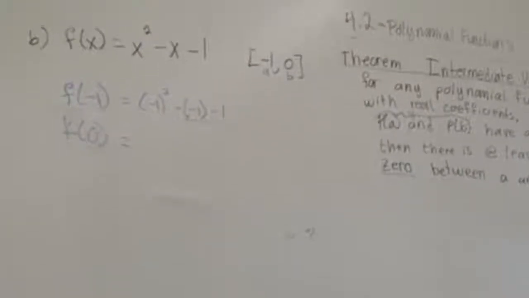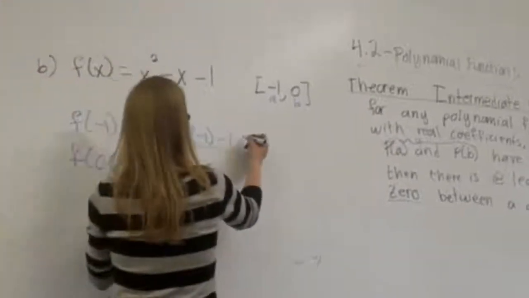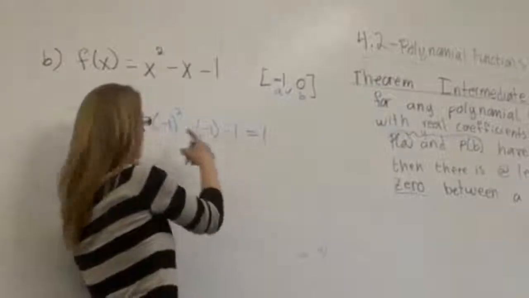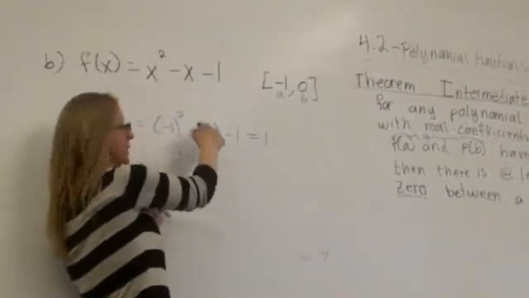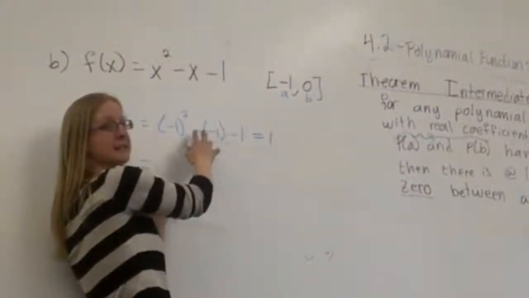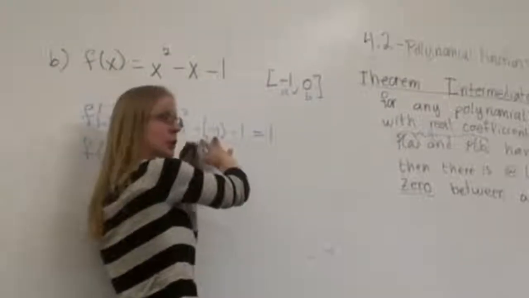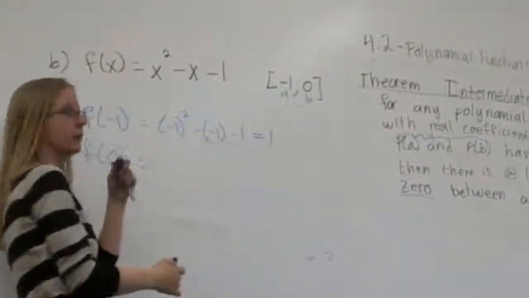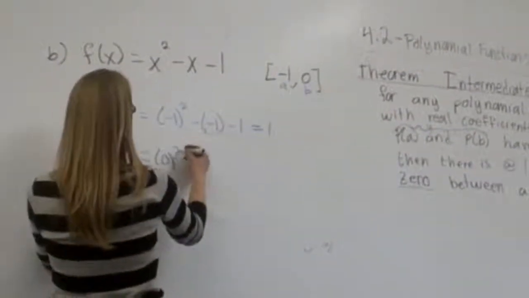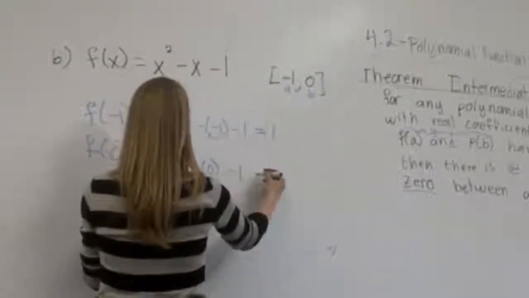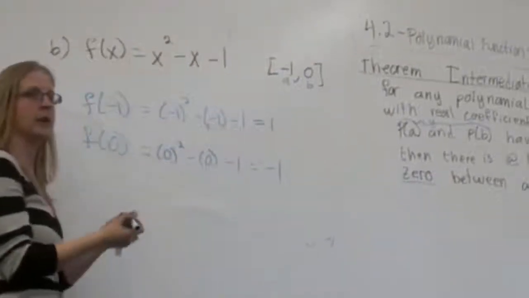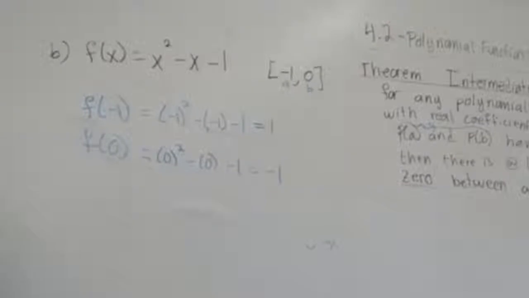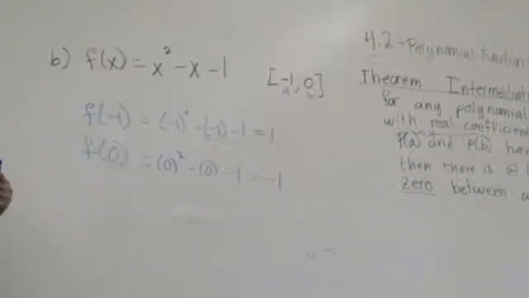It's -1. What's -1 squared? Positive 1. Two negatives give me a positive, so this becomes 1 plus 1, which is 2. Minus 1, which is positive 1. And then this gave me 0 squared minus 0 minus 1, which gave me a -1. So it is possible, right? Because I have opposite signs,